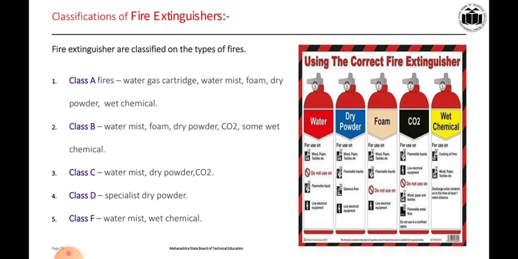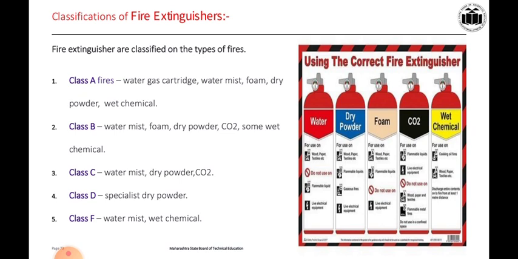For water, it is used for wood, paper, textile. Then dry powder is used for wood, paper, textile, flammable liquid, okay, and live electrical equipment. Then foam is used on wood, paper, textile, and flammable liquids, but do not use on electrical equipment. म्हणजेच फोम इलेक्ट्रिकल इक्विपमेंट जर आपण पाहिलं, ट्रान्सफॉर्मरला आग लागली असेल किंवा शॉर्ट सर्किट झालं असेल तर त्यावर आपण फोम